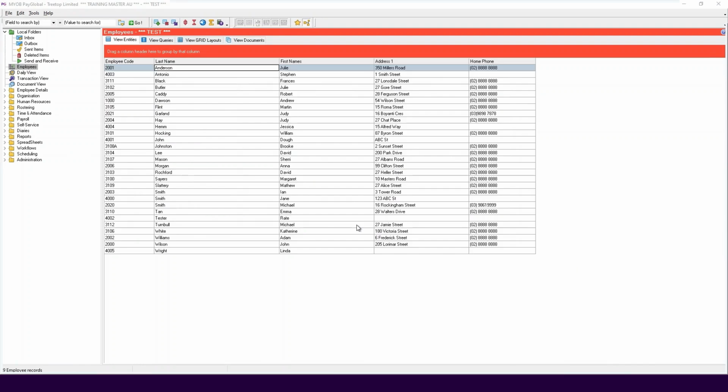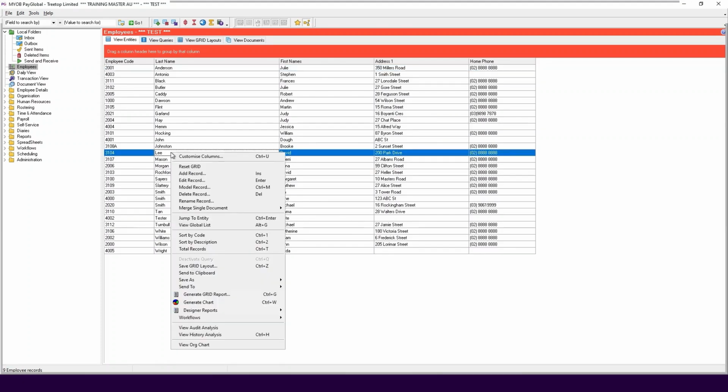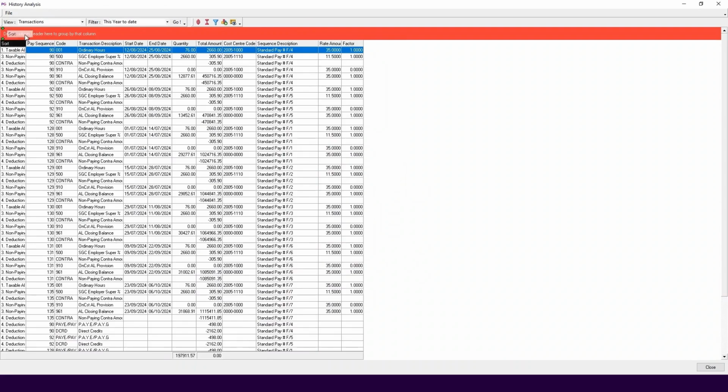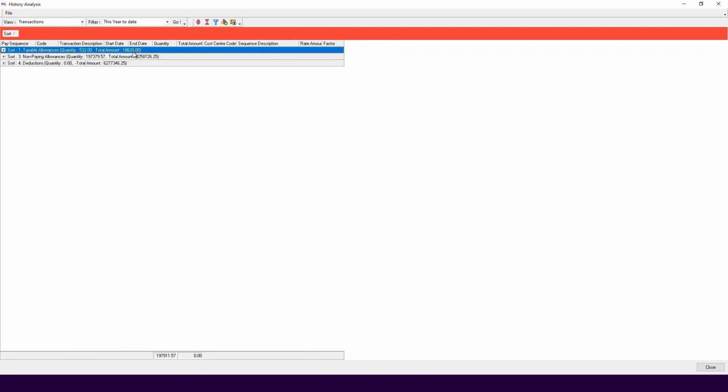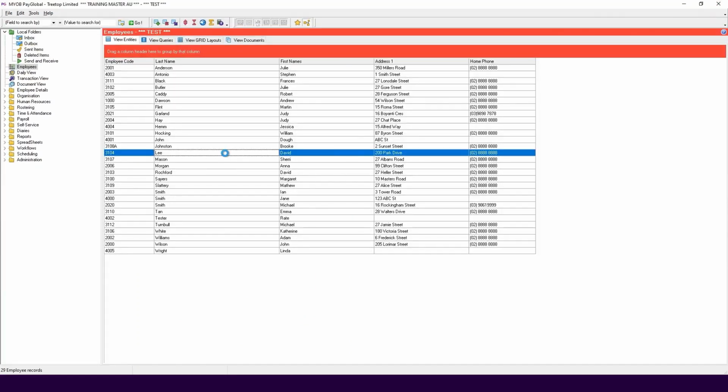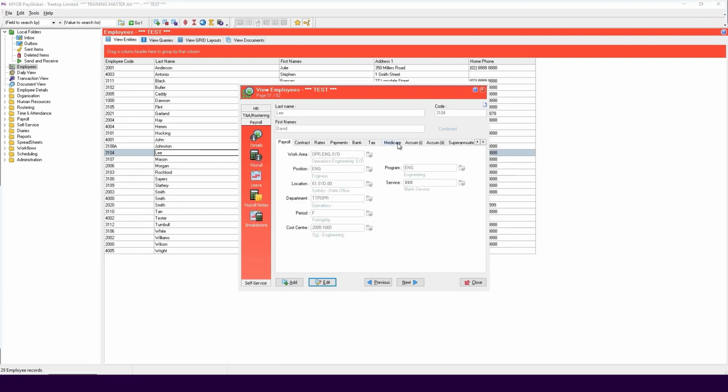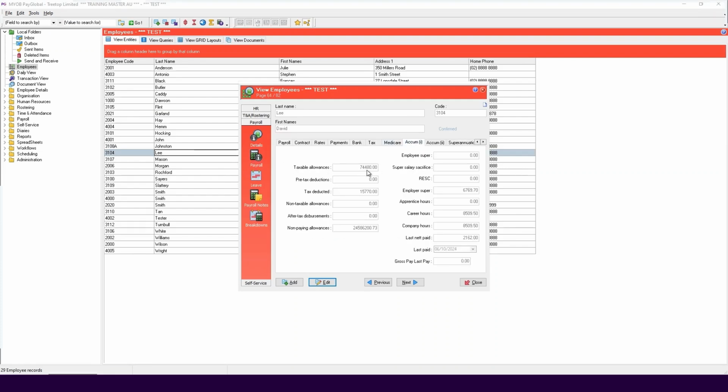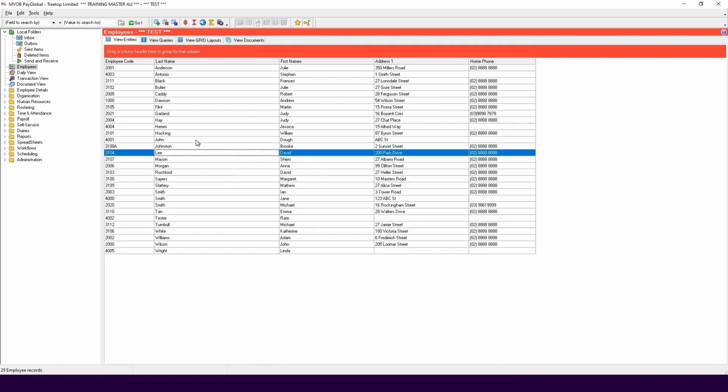You would use the Rebuild Accumulator command when you've identified incorrect accumulator data. For example, when there's an issue with an employee's record, like David here. For this example, right-click on Employee, David, and select View History Analysis. Drag the sort column up here. We can see that his total taxable allowances equal $18,620. Whereas if we double-click into his employee record, click Payroll, and on the Accumulator tab, we can see his taxable allowances total $74,480. This indicates an issue with his record as the two amounts don't match.